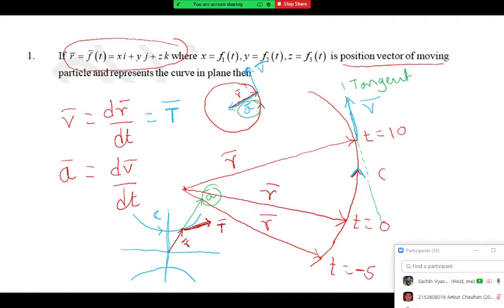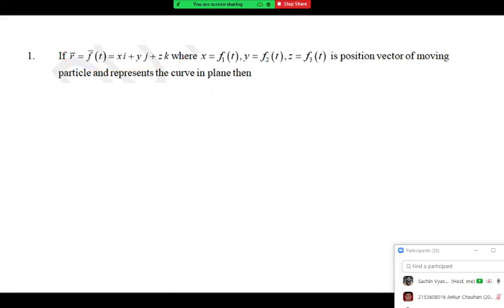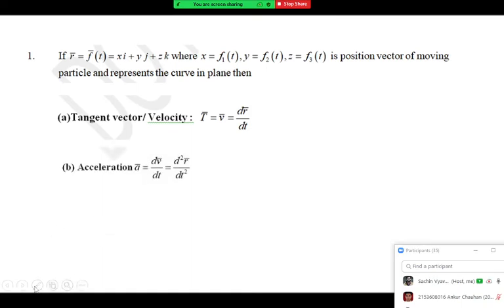So let me discuss a little bit about this. First of all, the formulas. Let me show you here. You will observe the formula of the tangent vector t bar or velocity vector v bar is dr bar by dt. That you should remember. The acceleration vector a bar is dv bar by dt. That's one. And here's a small thing that I want to show you quickly: the velocity and acceleration of a moving particle with GeoGebra.